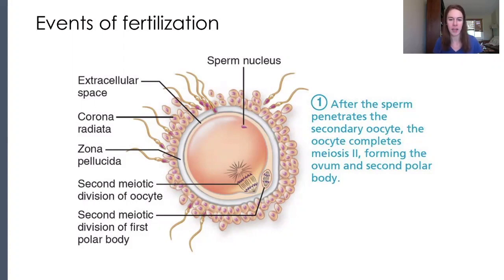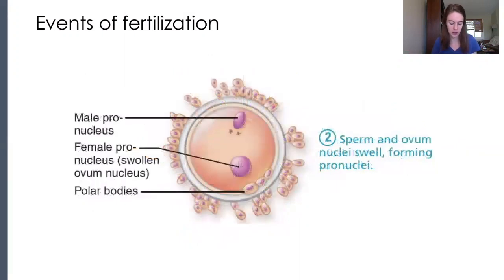So its plasma membrane has joined with the egg's. Its nucleus is now just kind of floating around inside of the oocyte. That triggers the oocyte to finally finish meiosis. At this point, it was still arrested in meiosis 2, so now it finally completes the last stages of meiosis 2. Its final polar body is just kind of kicked off to the side. It'll degenerate later on, but then these pronuclei, the pronucleus of the male and the pronucleus of the female, start to swell, and they are going to